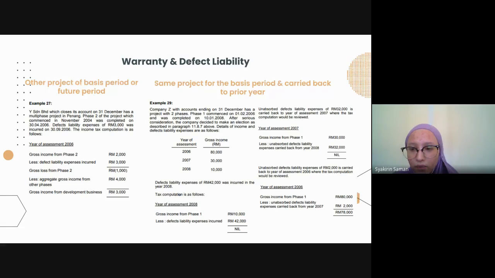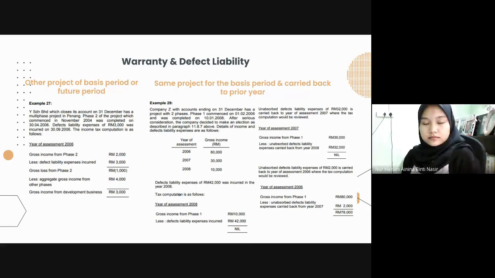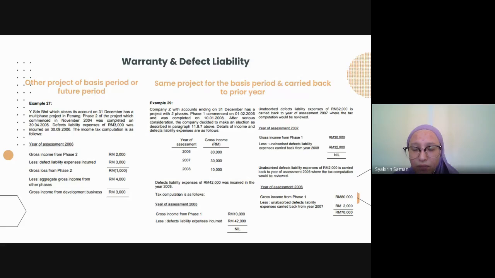If there is sufficient income from development projects, the defects liability expenses can be deducted against the gross income from the project. But if there is insufficient or no gross income from the development project, the defects liability expenses can be deducted against the same project for the basis period and carried back to prior year, or against other project of the basis period or future period. Basically, property developer can make election to deduct the expenses against the same project for the basis period,